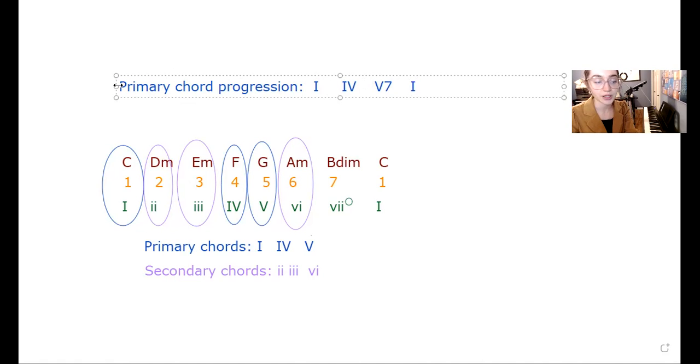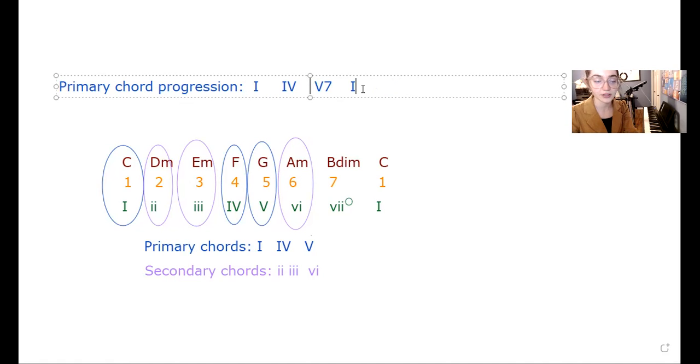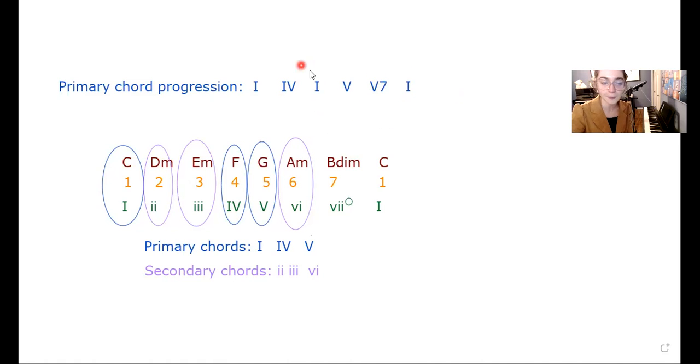Now, in my particular method, they add a few extras in there for fun. So we have a 1, 4, 1, so we just return to 1, and then we go to the 5 before we go to the 5, 7, and then we return to 1. So we've just added some extra filler in there. And the reason for that is that in music, we always have the sense of home and away. So looking at this progression right here, this part, 1, 4, 1, so that's the C, F, C chords, that establishes that feeling of home. And then the next part here, the 5, 5, 7,